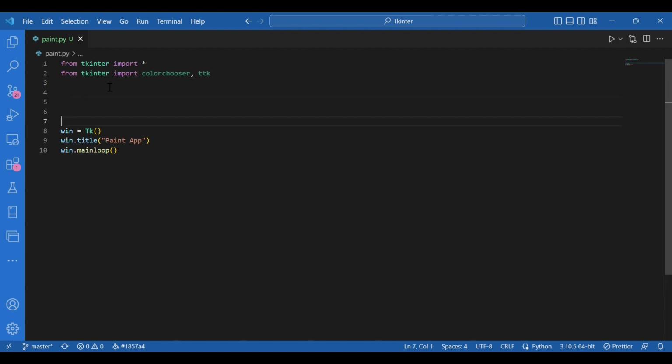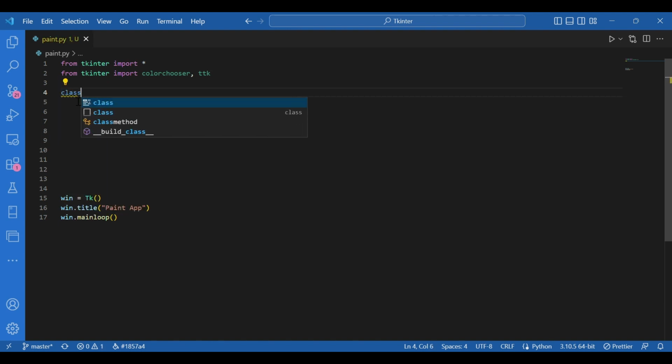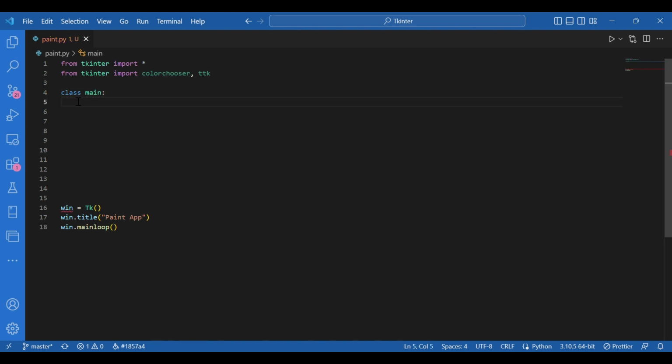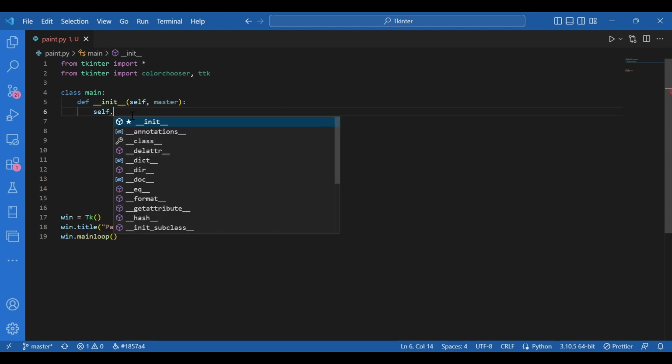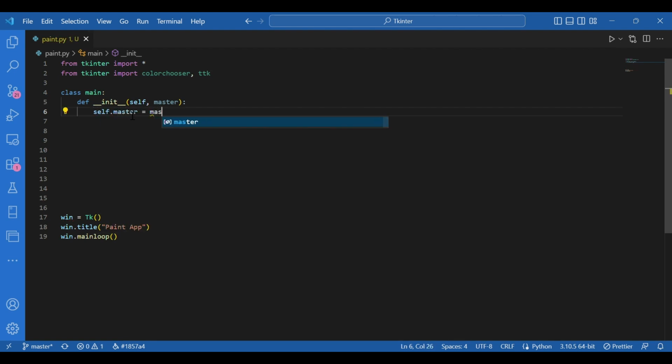Now the class Main, where I will be defining the functionalities of the paint app. So let's get started. I'll write class Main, and first the init function, def __init__, with arguments self and master. So this master is the window that will be passed on later to the Main class. And then I'll write self.master equals master